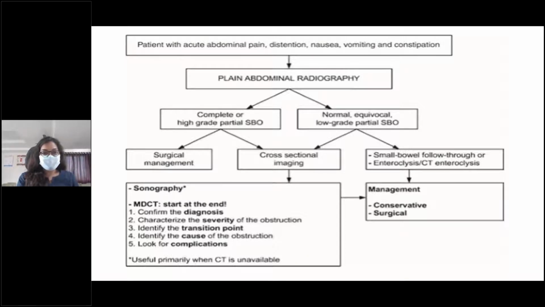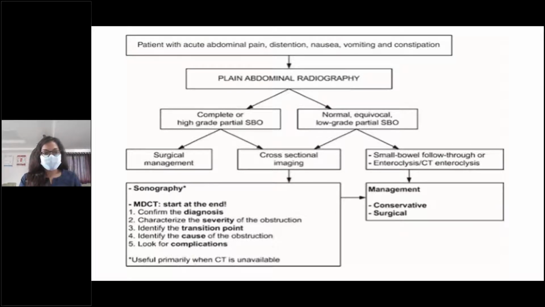We'll see whether it is normal or equivocal or low-grade partial small bowel obstruction, or a complete or high-grade small bowel obstruction. In case of a complete obstruction, we'll decide whether sectional imaging is required or we'll directly go for surgical management. If it is a complicated case, we go for CECT abdomen